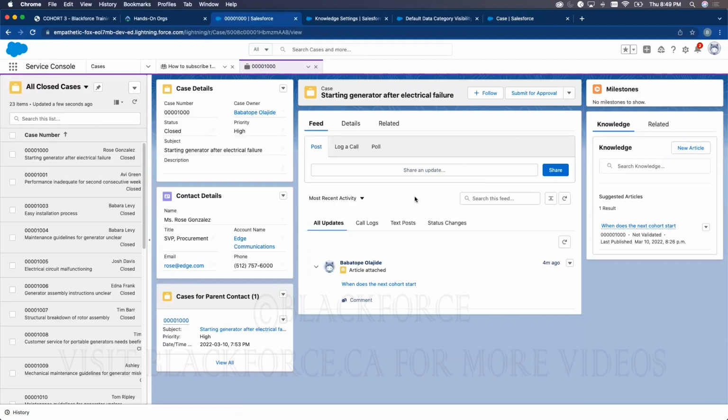This is still not coming up, okay? It's still not coming up. And the reason why this is not coming up is because, give me 1 minute. Yeah, this is not coming up because you have not enabled email to case, okay? In order for you to be able to send emails from your org, you need to enable email to case,